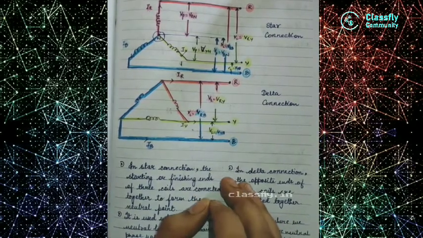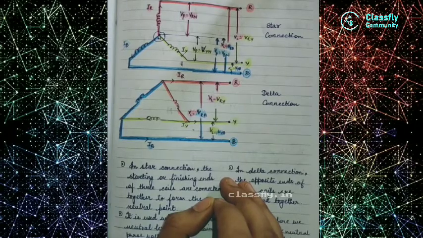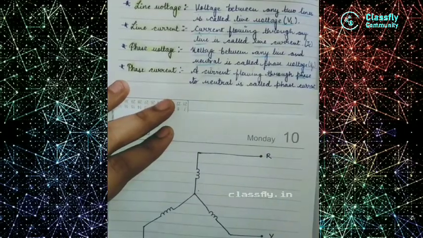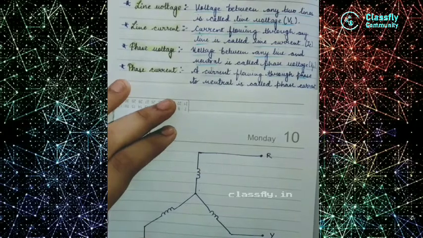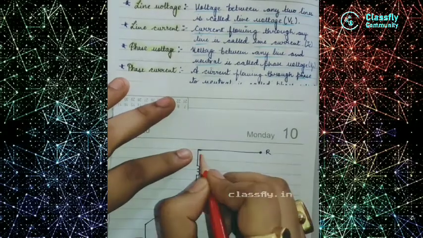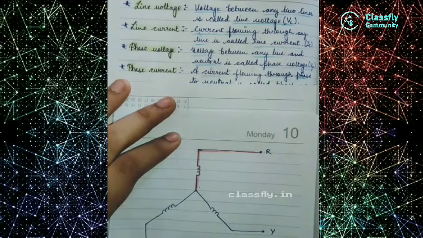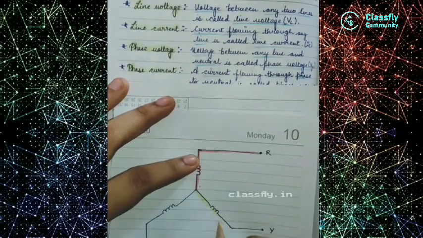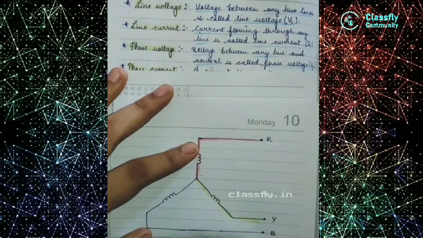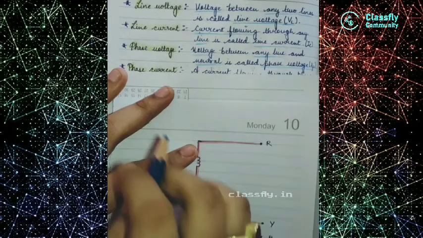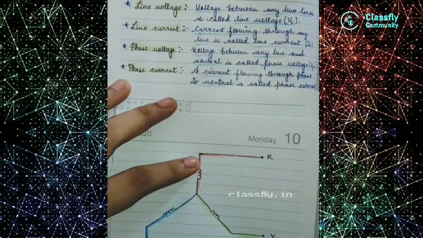Now we will learn what line current, line voltage, phase current and phase voltage are. So what connection is this? Yes, you are right, this is a star connection. Whenever you see an inverted Y shape, it is a star connection. In this connection, how many lines will be there? Three lines. One will be red, so we color it like this, one will be yellow, and the last will be blue. Now we will read the respective definitions and denote them here for the star connection.